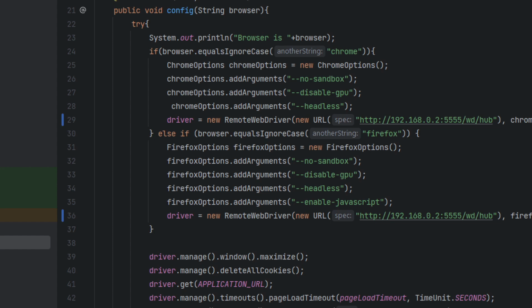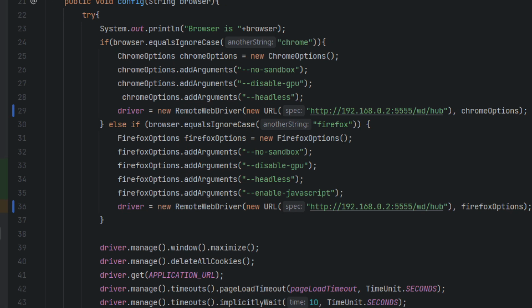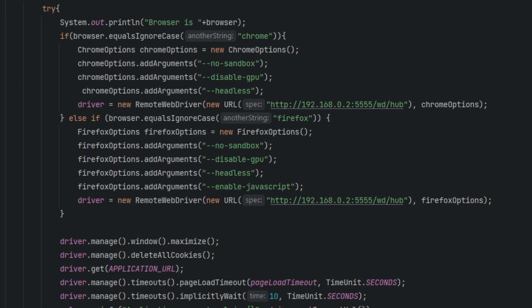As you know, to launch the Selenium grid and set up the hub and all, the normal WebDriver instance may not work. So we need to assign the RemoteWebDriver instance. And to assign the RemoteWebDriver, we need to pass the URL, because we need to tell Selenium on which specific server or IP address the hub has to run, right? And that's the reason we have mentioned new URL and http colon forward slash